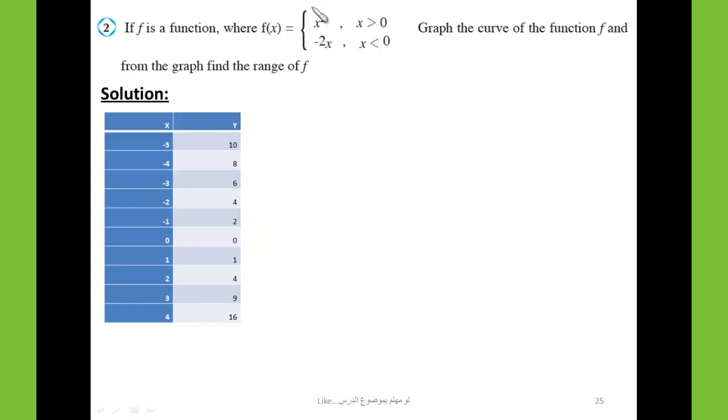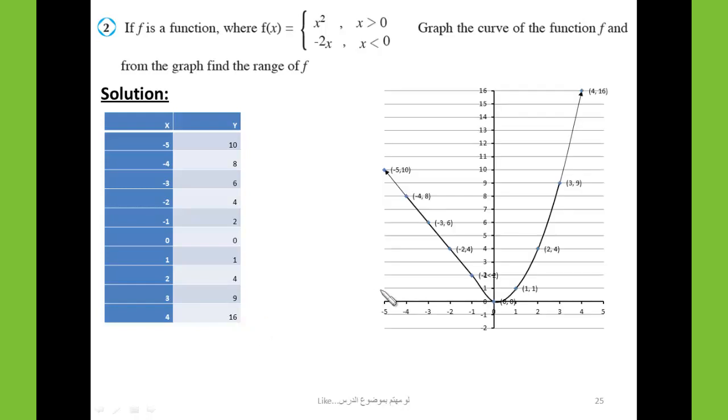To represent the first branch, we take some values greater than 0. 1 and 1, because 1 to the power 2 equals 1. So when x equals 1, f of x equals 1. When x equals 2, we have f of 2 equals 2 to the power 2, which equals 4. It is the same for 3, f of x equals 9, and when x equals 4, f of x equals 16. And we draw